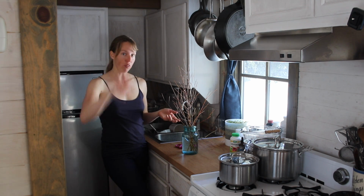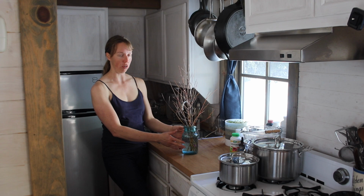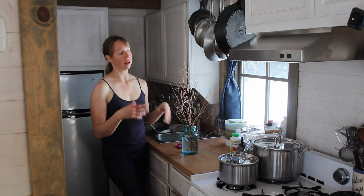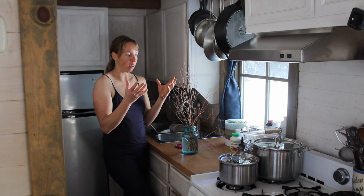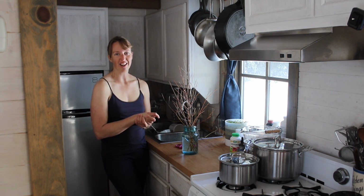And I could do this even if it was 0 degrees outside still, even though it was a nice sunny day today. But I clip them, bring them in here. They still have water. You do have to keep water in here. For now, it just looks like a twig arrangement, but then they're going to think it's spring because it's warm in my house. And so those buds are going to swell up and leaf out or flower, and it's really pretty. And it's a nice way that's virtually free to get